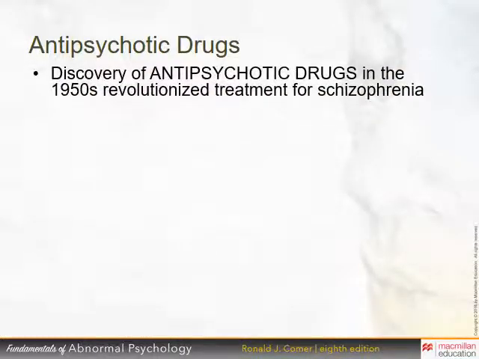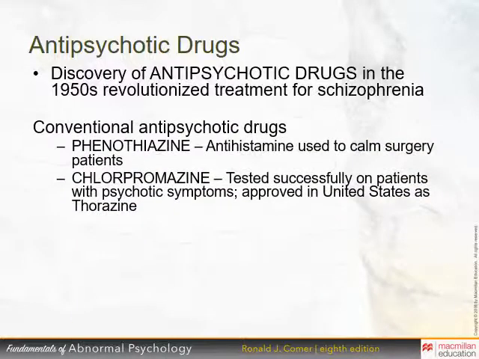So as we saw with some other disorders, the introduction of antipsychotics made a huge impact on the way that schizophrenia was treated. In the 50s, development of these drugs led to prescription for these drugs. There are two categories typically used for schizophrenia, beginning with the traditional, first class of drugs. Phenothiazine is an antihistamine. It was typically used to calm surgery patients prior to being used for schizophrenia. And chlorpromazine was tested successfully on patients with psychotic symptoms and approved in the US as Thorazine, which is still